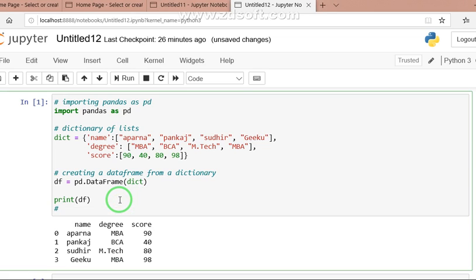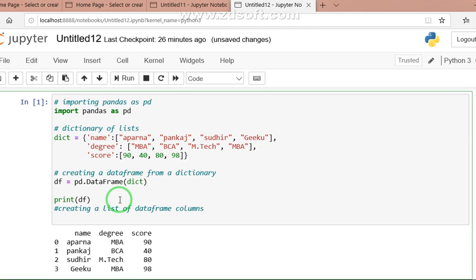So first step is creating a list of data frame columns. How is this done?